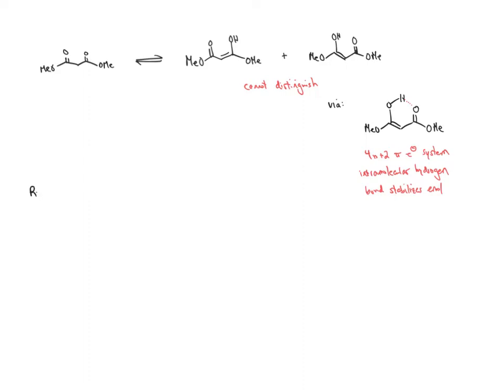And so let's look at the following. If we were to take this keto ester and draw the two enols that would form, we would get one that looks like this. And there's that intramolecular hydrogen bond. But we also get one that looks like this, with this intramolecular hydrogen bond. And so the question here is which one is favored? And it turns out that this one is favored,